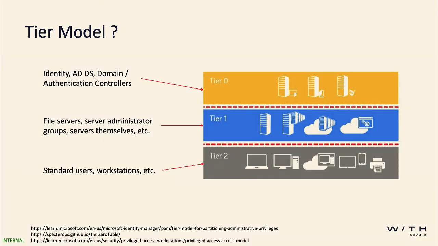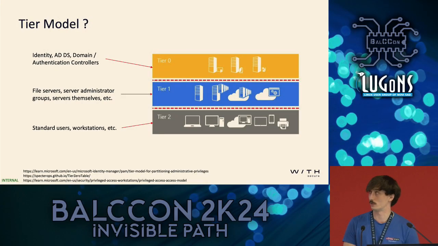I'm also assuming that people don't know what the tier model is. It's a legacy model for protecting assets within Active Directory. It's essentially 3 tiers, similar to the ring system in the CPU. Tier 0 is highly privileged. You don't let anybody have access to it unless it's break glass or extreme severe circumstances. Things like tier 1 are file servers, server administrators, servers themselves, not as important, but still you want to protect them. And then of course tier 2, standard workstations and users. If they get compromised, it's not the end of the world. They can't just get domain admin straight away, in an ideal situation, of course.